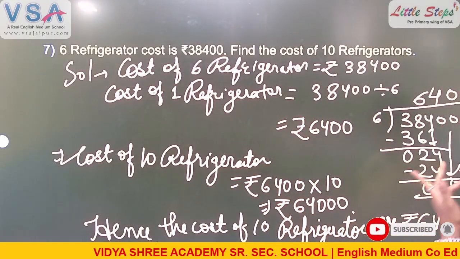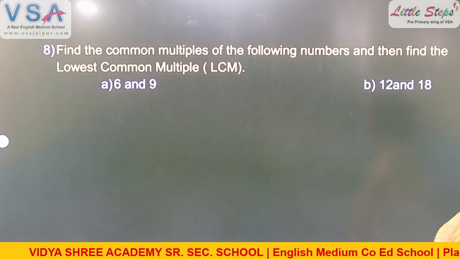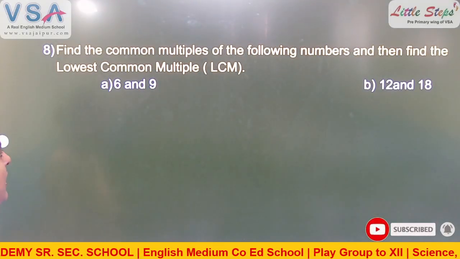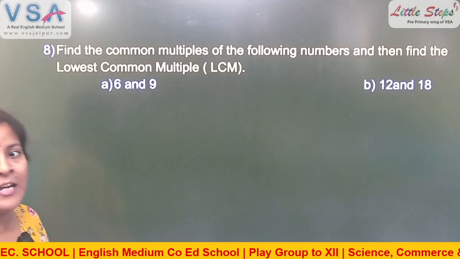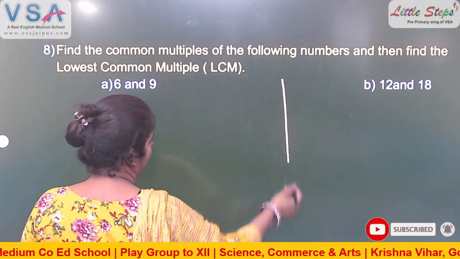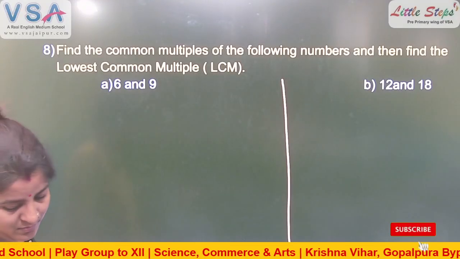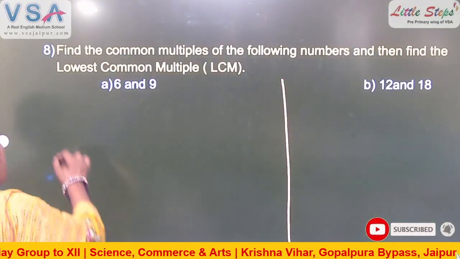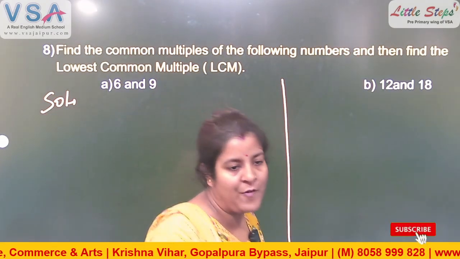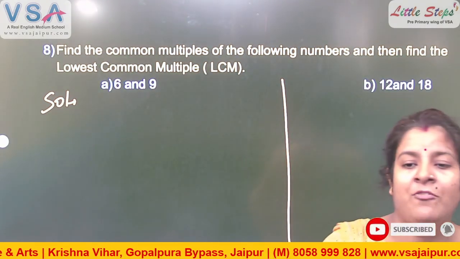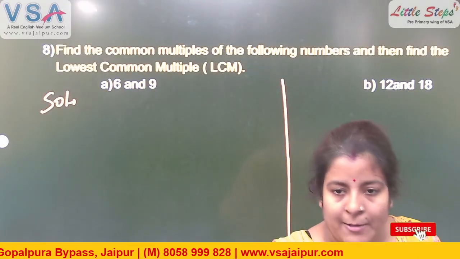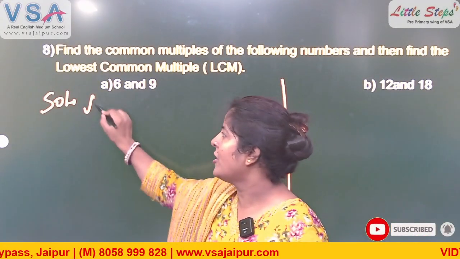And the last question of this worksheet. Find the common multiples of the following numbers, and then find the LCM, the lowest common multiple. Okay. Yes, draw the line between the two numbers also. First of all, find the multiples of 6 and the multiples of 9. And after that, we can find the common multiples. And in the last, find the LCM also. Okay. So the first line of this question is